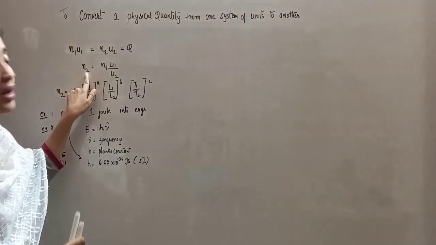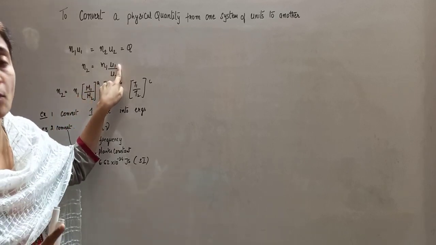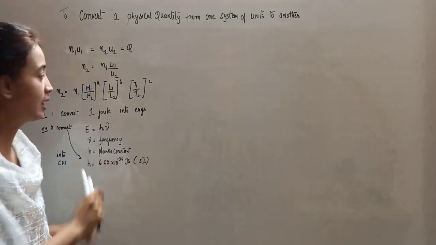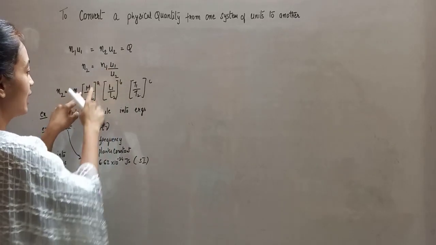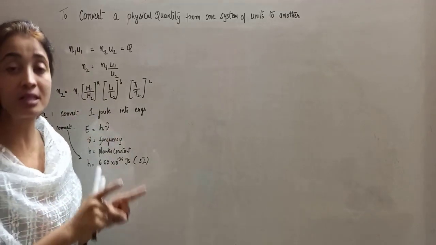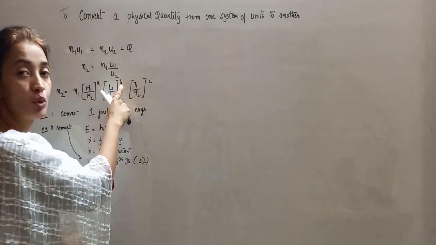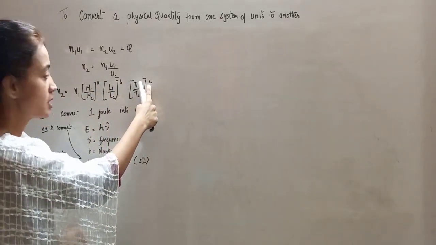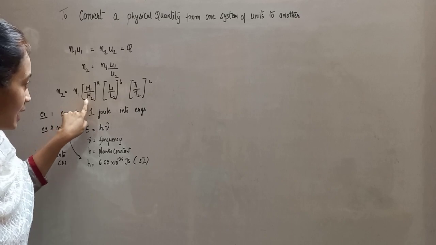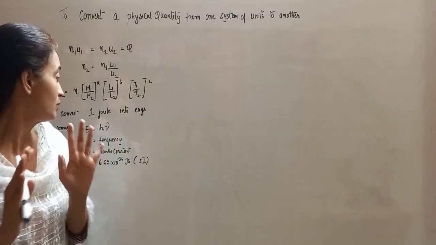Okay. Now elaborating this expression, I get N2 is equal to N1. Now U1, which is the first system of units, can be elaborated in three dimensions, that is M1, L1 and T1. And I can write this formula as U1 can be written as M1, U2 can be written as M2, representing mass in the first and second system of units, raised to the dimension A, length is raised to the dimension B, time is raised to the dimension C. So altogether, in place of U1 I am getting M1, in place of U2 I am writing M2, L1, L2, T1, T2 raised to the powers A, B, C, which have to be detected.